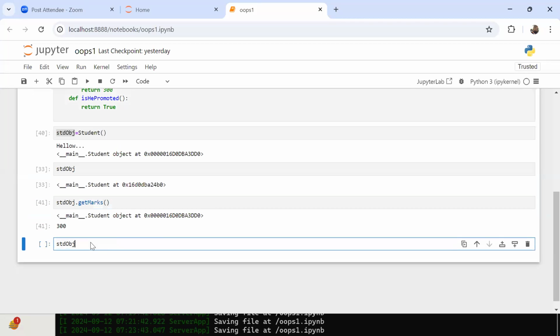Okay then. Now if I write like this, what happened? Anyone guess?